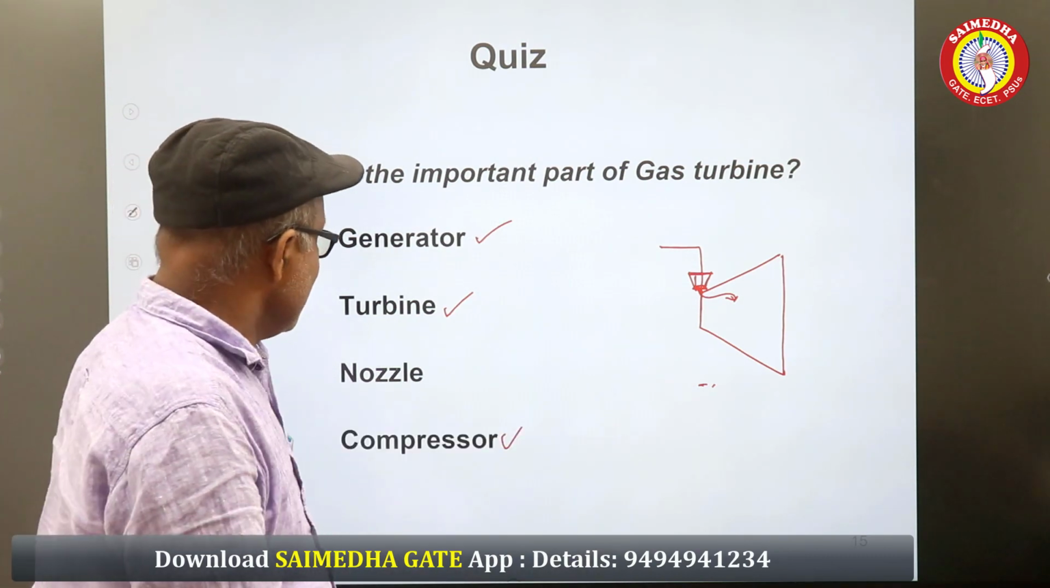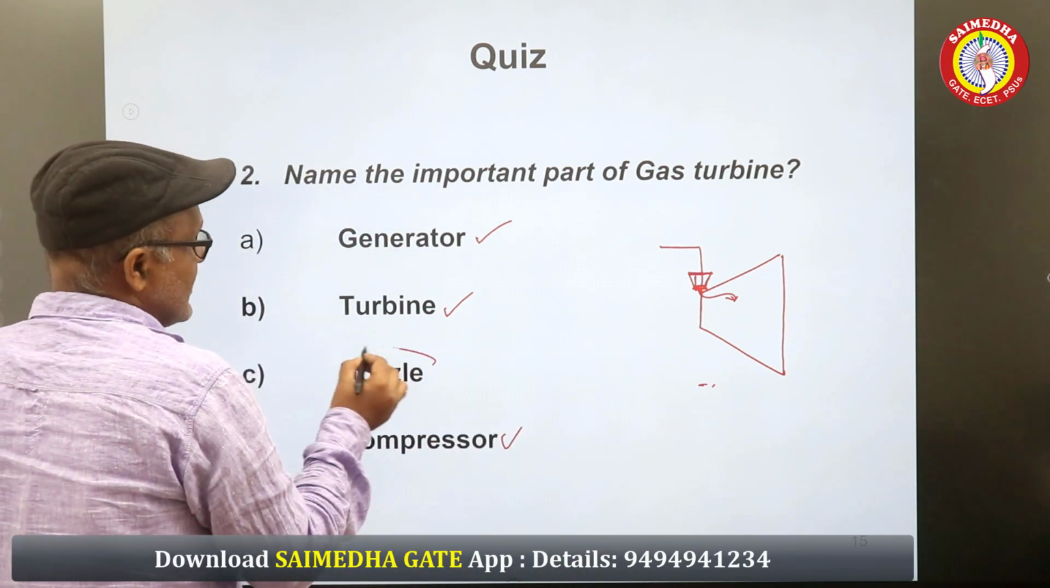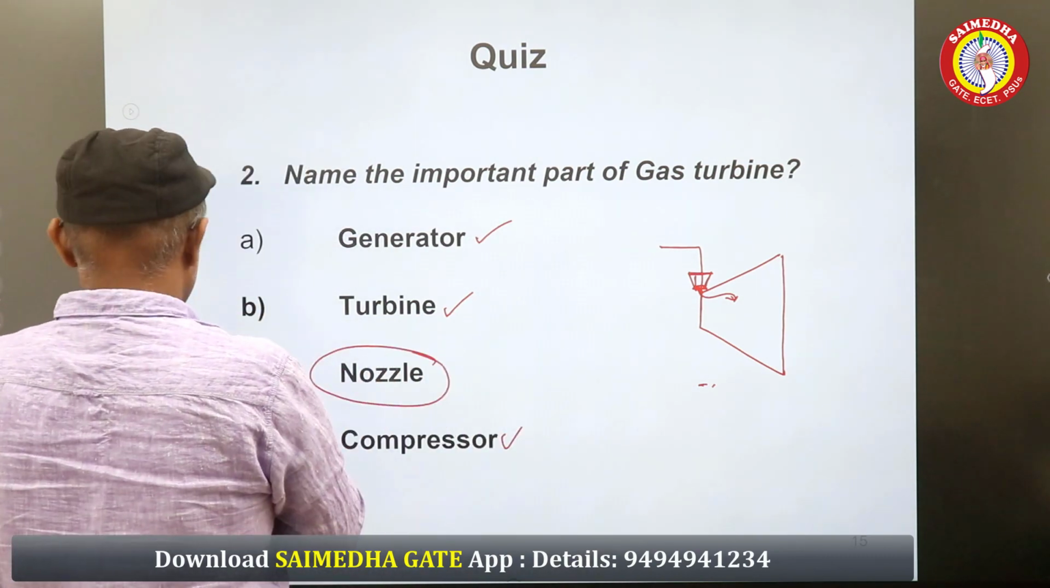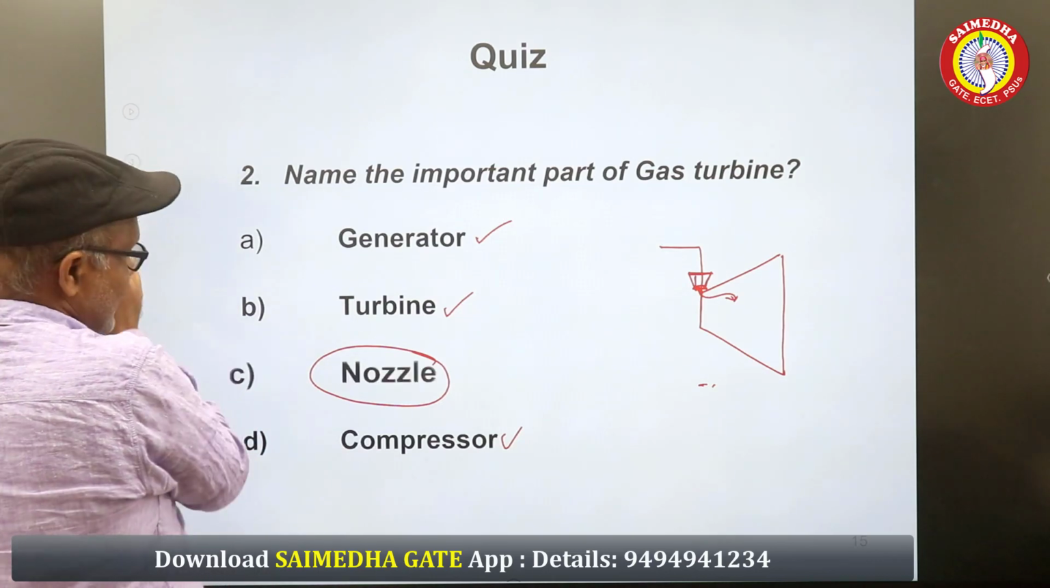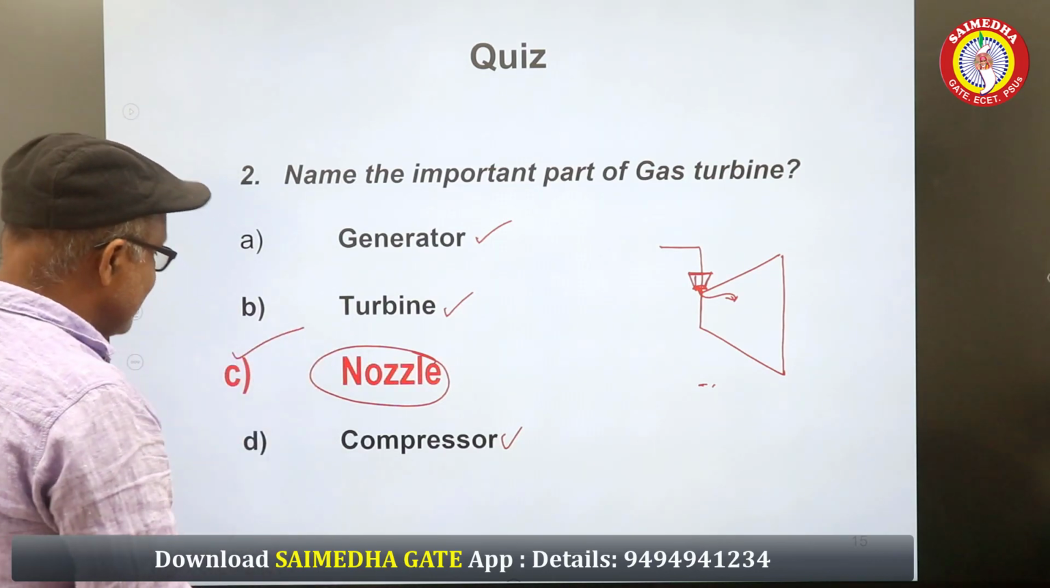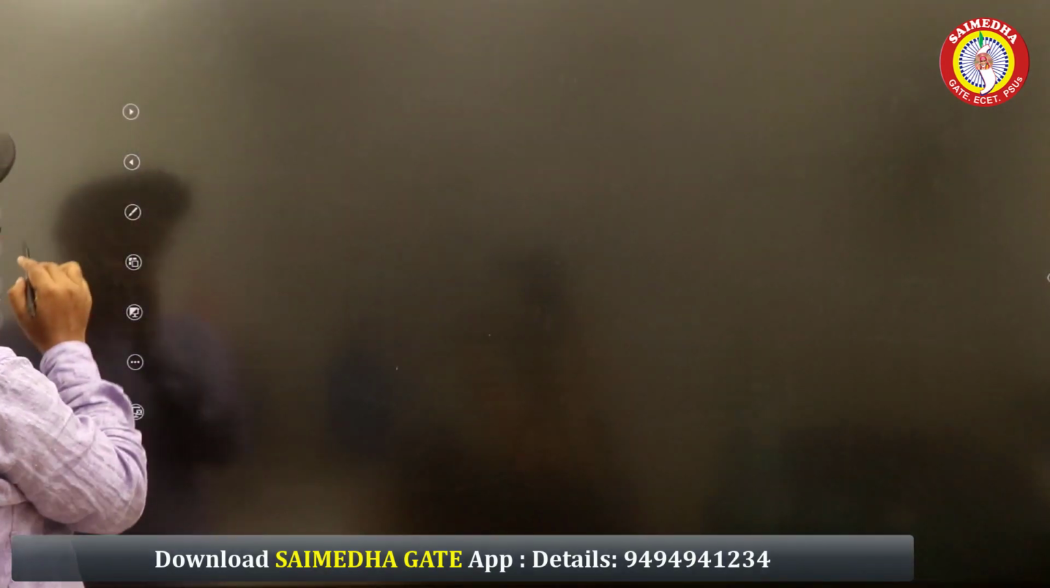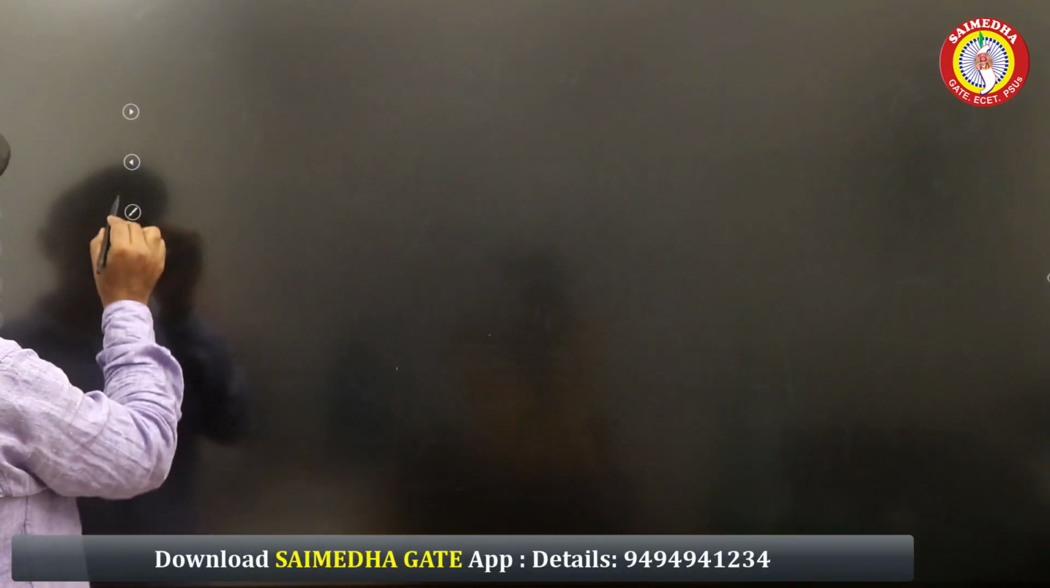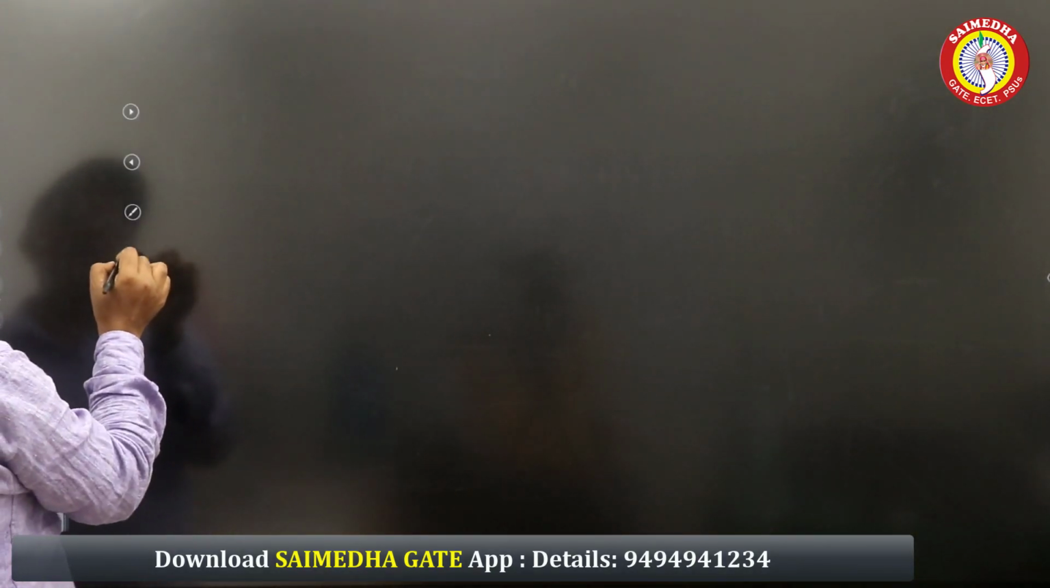So for that, here the important component is the nozzle. All of you clear, my dear students? It is a nozzle. Answer is C. Next one, all of you. Here is up to now